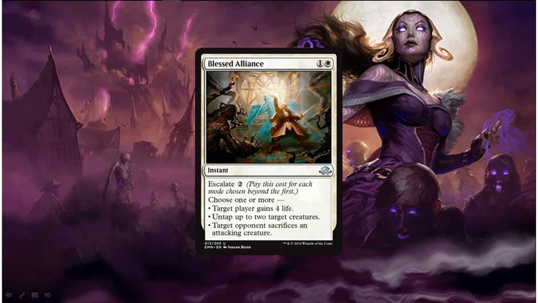In the early game, it can kill your opponent's attacking creature, which depending on the board state, oftentimes is just going to be their best creature. Granted, people can play around this by not attacking with their best creature. And on top of that, it scales in the later part of the game. You can use it to untap 2 creatures, which means you can then also allow yourself to block some of